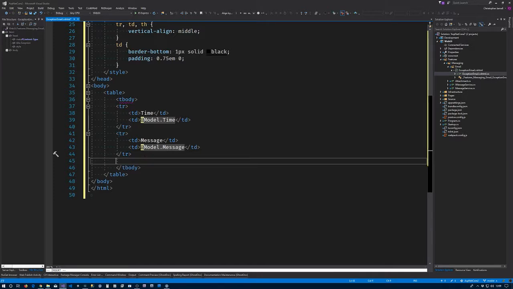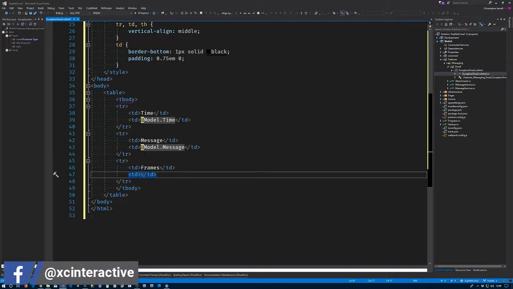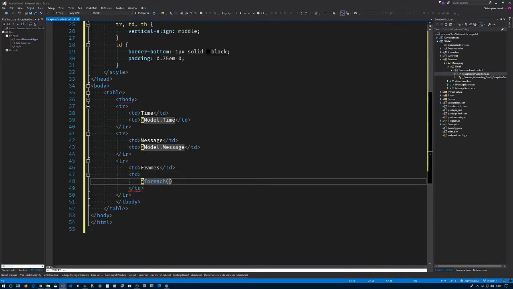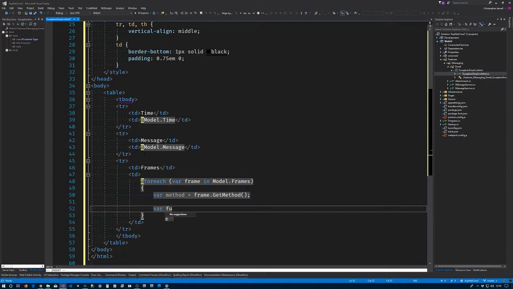Let's go ahead and type this one. So we want to deal with the frames that we have on there. So TD frames. That's for each, and in here, frame in model.frames. What we'll do is say var method equals frame.GetMethod. Var fullName equals method.DeclaringType. Come on, spell right. DeclaringType, if that's not equal to null,